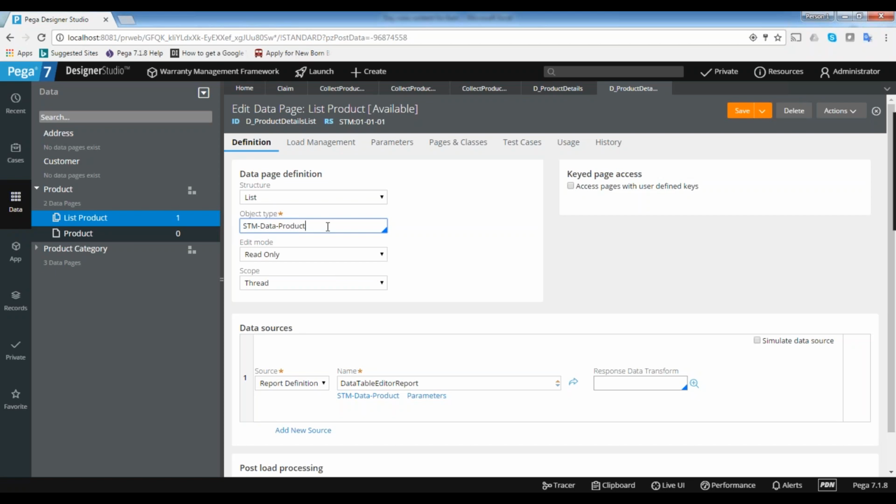When you give the page list, you are giving the class name, what type of object it is. So here also it's the same thing. When you are saving a list of records, a list of objects, you need to mention the object type: what type of object it is, what type of instance it is, what type of records those are, and what is the mode.